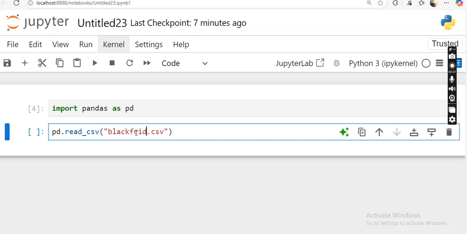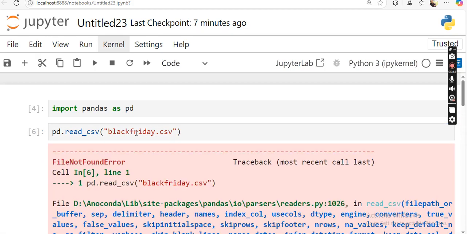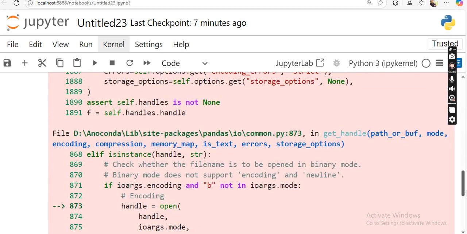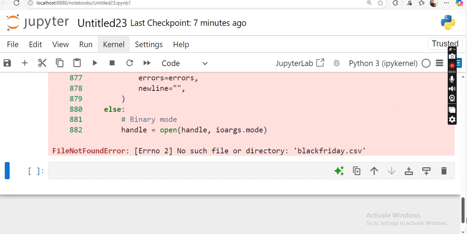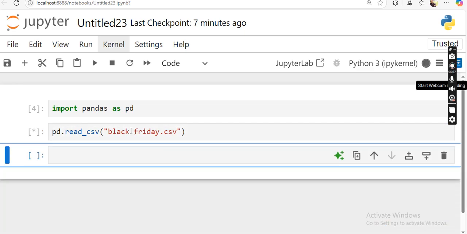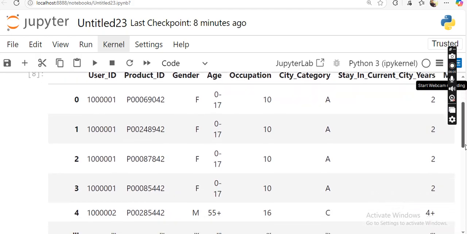blackfriday.csv. Okay, now I run with this file. Let's see what the result is. It throws an error. The error is no such file or directory, Black Friday. I think there was a space between them. Let's execute. Oh yes, here was the space. Space is also a value. Okay, here this is the file